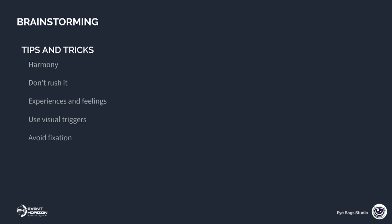The last one is to avoid fixation. This word means when you are stuck on an idea and you push to do it, or you pitch other things but around the previous idea. The solution is to force yourself to pitch totally different ideas compared to the previous one. If you apply these tips and tricks, I guarantee you that your brainstorming sessions will become very productive and you'll